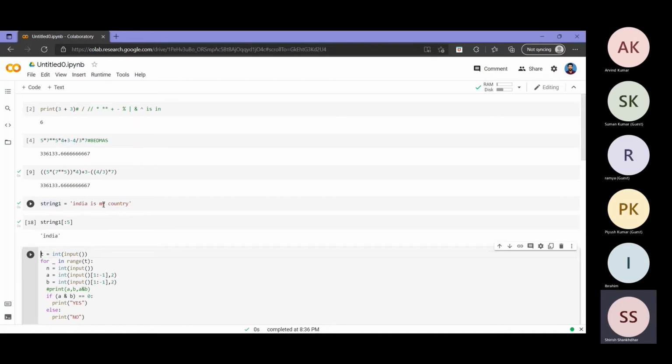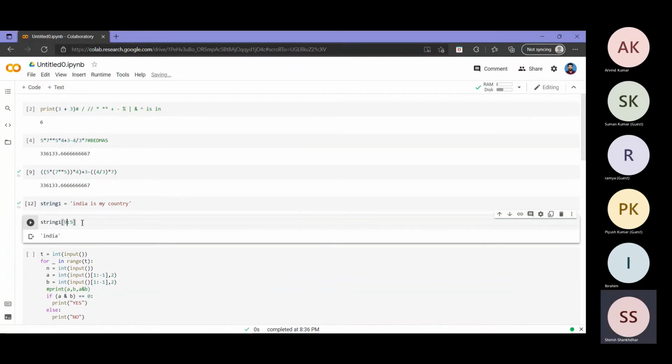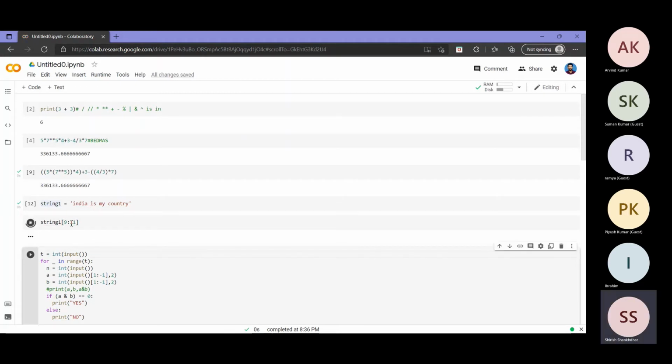Now suppose I want to print my, then I have to find the index of my. So what is that? 0, 1, 2, 3, 4, 5, 6, 7, 8, 9. So 9 onwards, then 10 is y, 11 is the space. So I want to give y plus 1, so I have to give 11 here. So that way I got my, right? Clear?